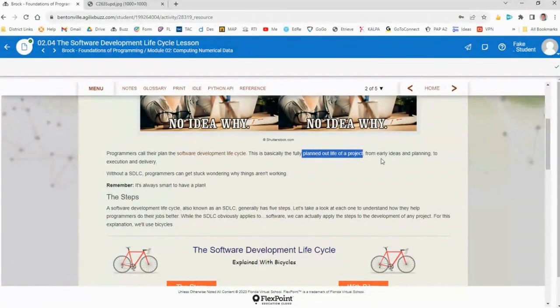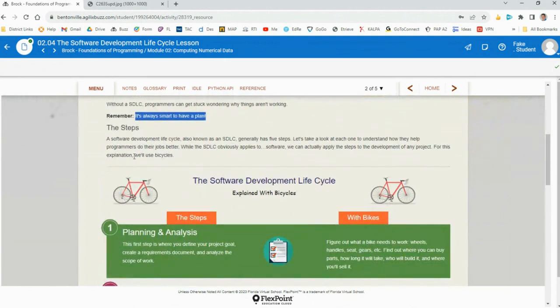Yes, the early ideas and planning to the execution and delivery. Without an SDLC, the programmers can get stuck wondering why things aren't working. So remember, it's always smart to have a plan. That's why we've added that pseudocode to our programming now. So here's the steps. A software development lifecycle, an SDLC, generally has 5 steps.